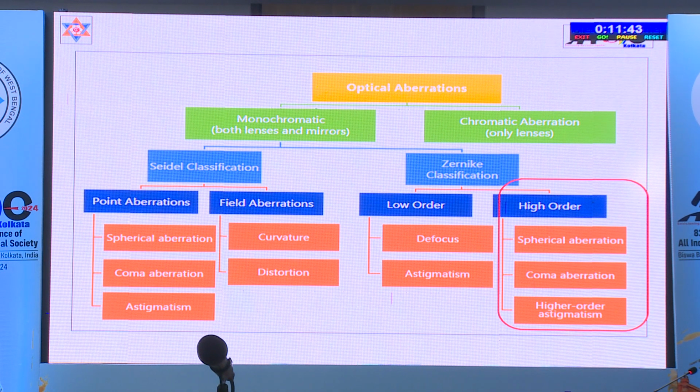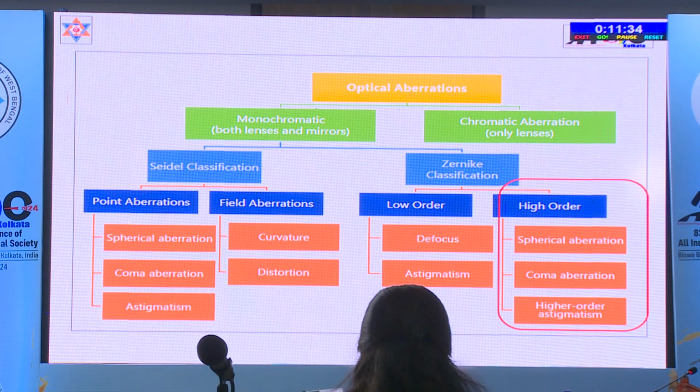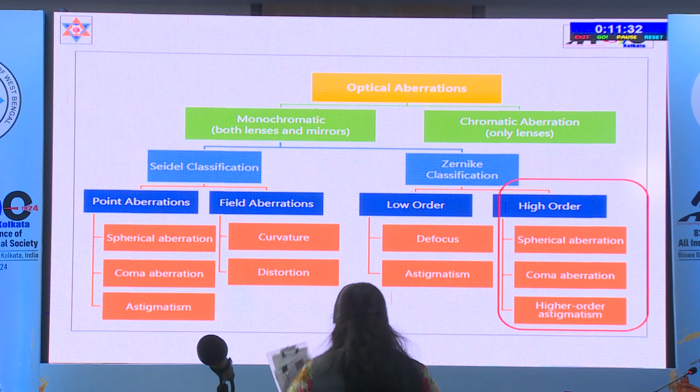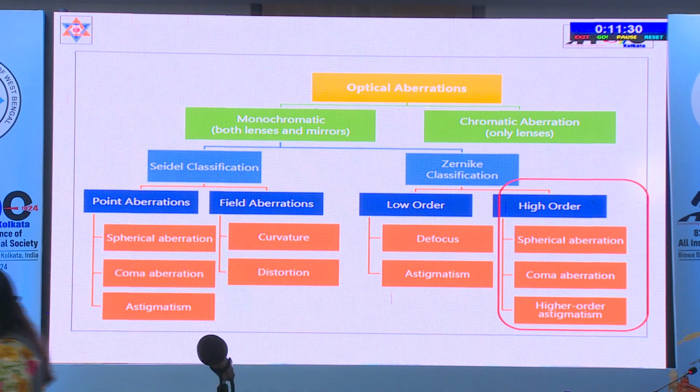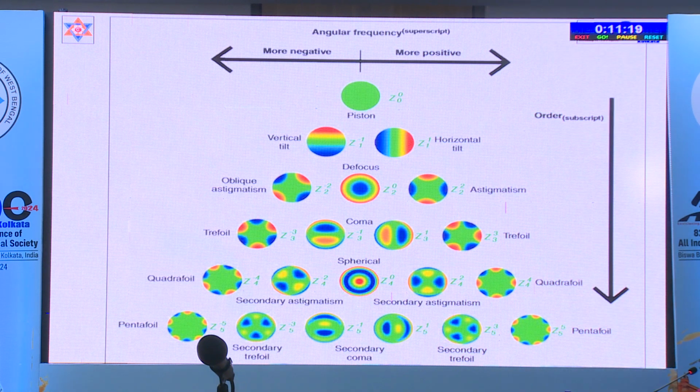Even if you have myopia, hyperopia or astigmatism, you will have some low order aberrations, but that does not cause so much of a problem because we can correct it with spectacle lenses. But high order aberrations in the form of spherical aberrations, coma aberrations, and other high order astigmatisms are very important. Normally we follow the Zernike polynomials,